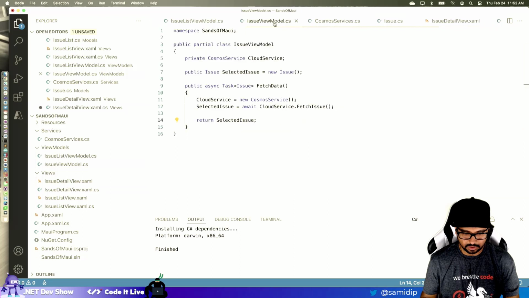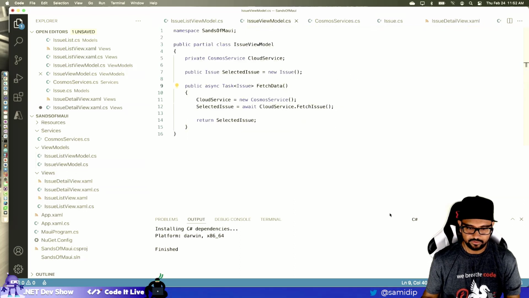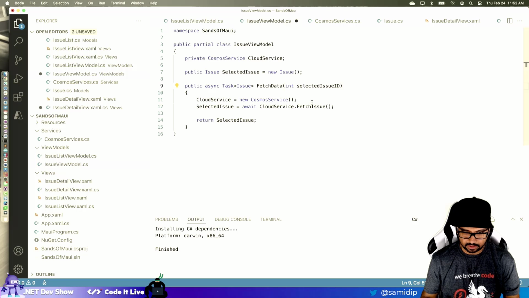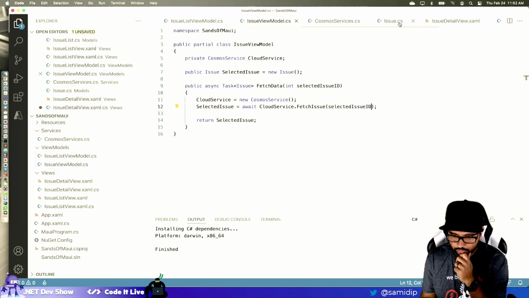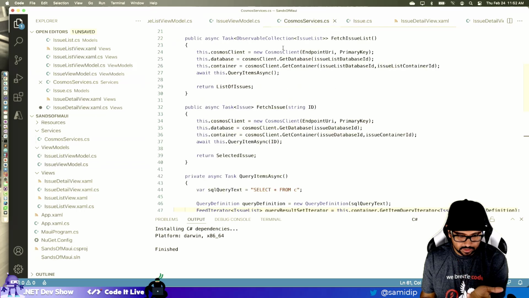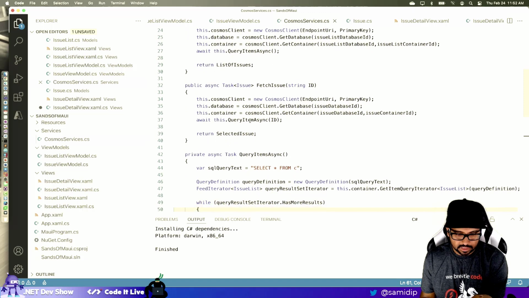Let's see, issue view model, fetch data needs to have an int called that, and it needs to send this selected issue ID down to the fetch issue. And now we should have it all the way down, I think, because Cosmos service, we added the fetch issue having the ID and sending it down to the query item async.